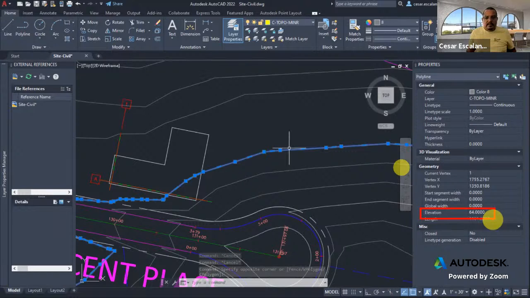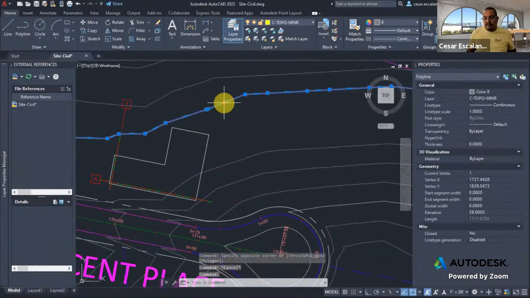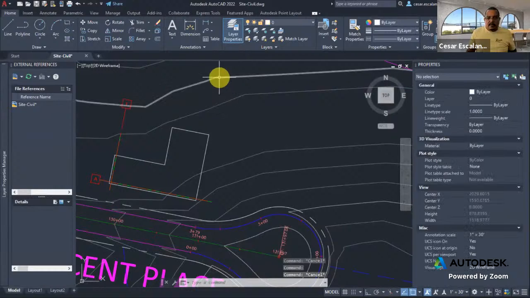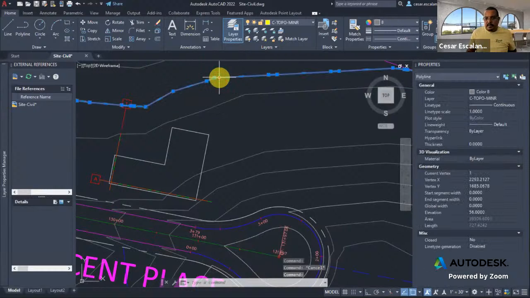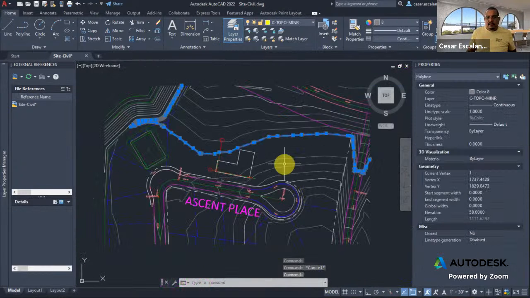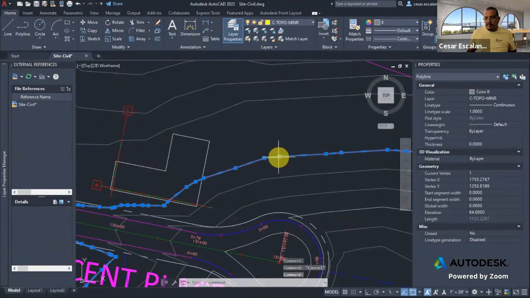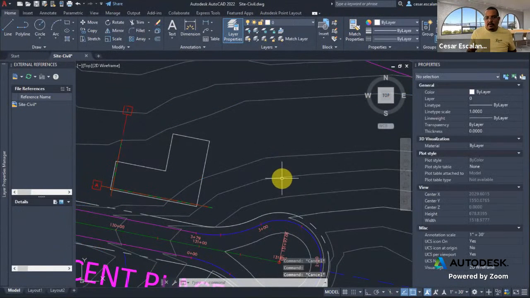So this is 64 feet. And then this one is 58. And then this one is 56. So I have 56, 58. Then I have 64,